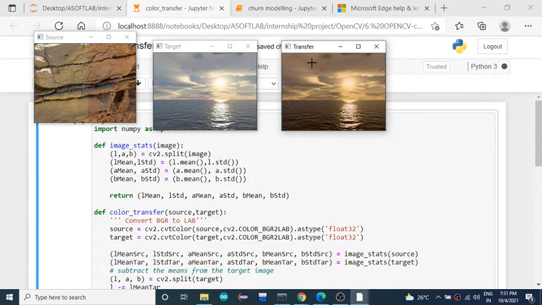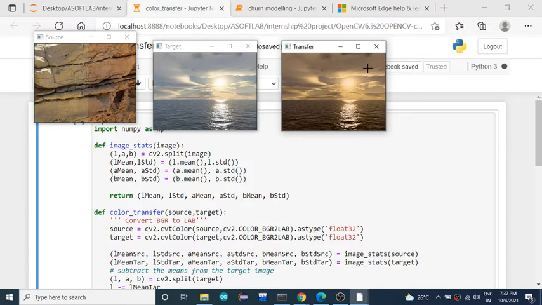I want this to be in the brown shade itself. The brown shade in the source should be transferred, the color, not the complete object. I just want the color shades to be in this image. The final result will be like this.